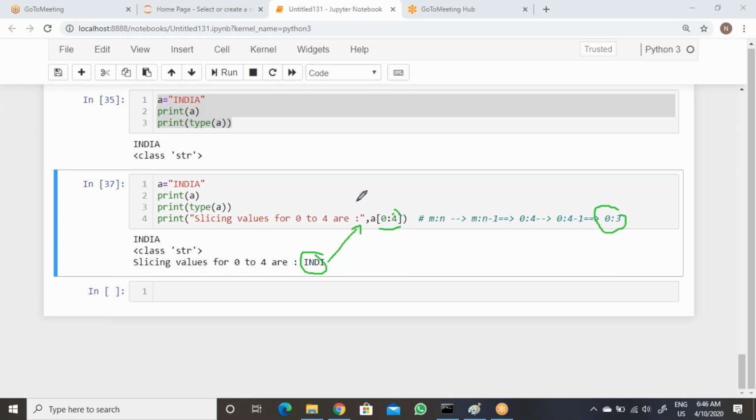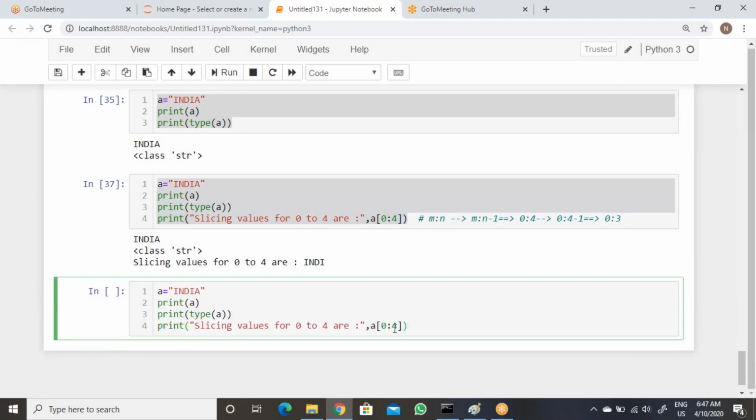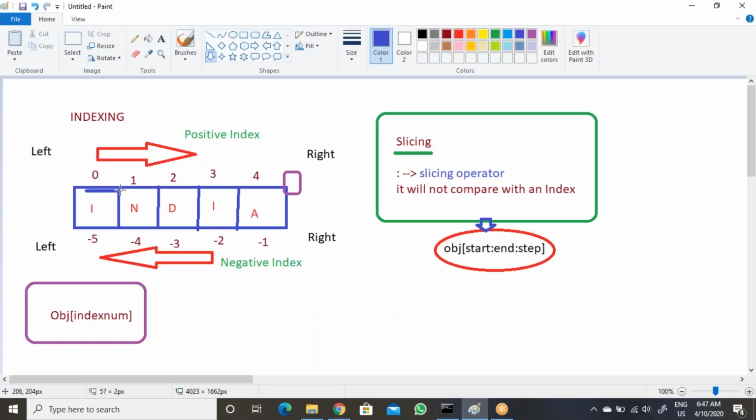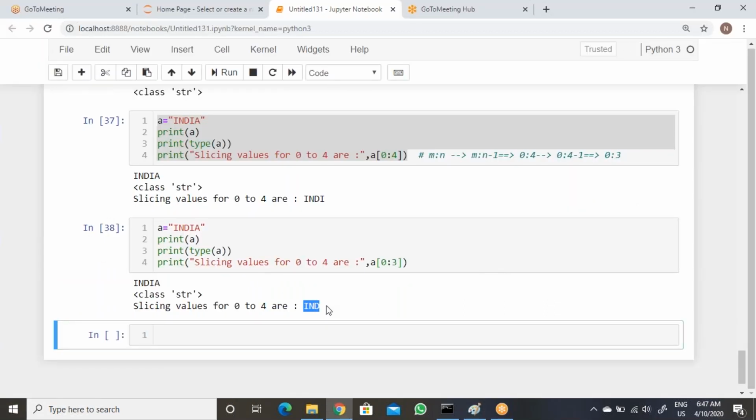Now let's see one more example with the same thing. Take 0 to 3. What is expected from 0 to 3? It would be INDI, but we are getting only IND.